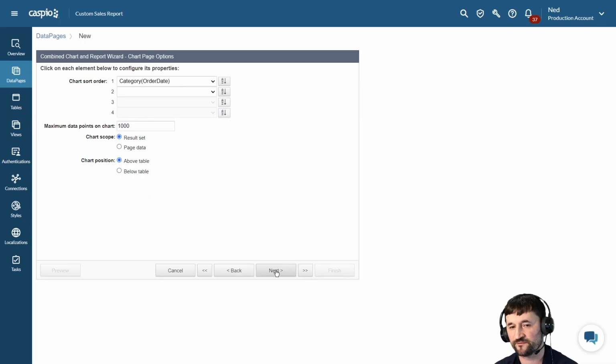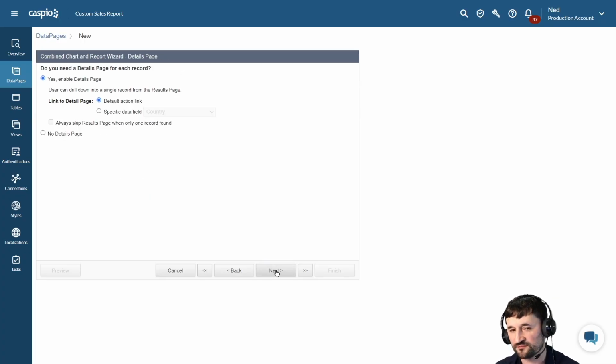Here we can change some of the settings and properties for a chart. Let's continue. And now you can choose to enable a details page if you wish to see additional information per sale, or you can disable the details page. And now I can click preview to see what I've created. So if I click on the preview button,